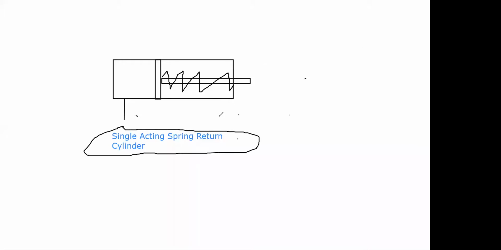You know, in a double acting cylinder, we connect a separate line here. That's why it becomes double acting. But in this case, it is single acting and spring return. So the return action is done by this spring here. Okay. Now we are going to see the next symbol, which is the double rod cylinder.